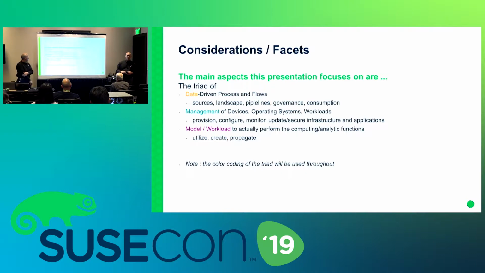Then you also have the model flow, right? And this is actually, if you think of it in terms of an AI or a machine learning sense, so models have to move throughout this infrastructure as well. Because one approach is, of course, you could just do all of this in the core or in the cloud if you wanted to, right? But the whole point of an edge gateway is to react to data very quickly, and it could be a control function, right? And that might be the very smallest workload that you have sitting there,